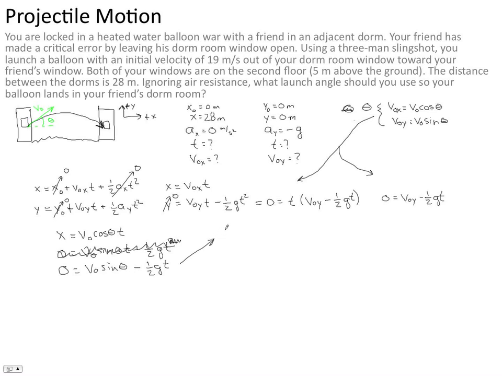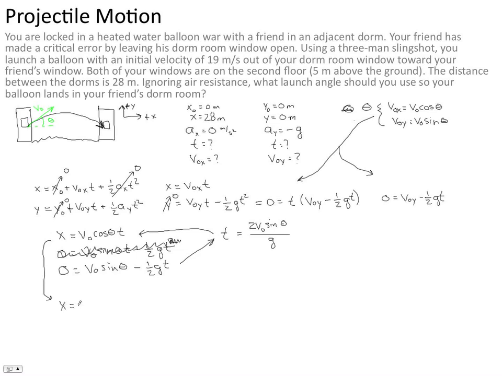So if I take that equation and solve for t, I end up getting t equals, let's see, I'll subtract the v naught sine theta from both sides, then multiply by 2 and divide by g. I end up getting t equals 2 v naught sine theta divided by g. Okay. Now I'll take this and plug it in to that equation, which ends up yielding us